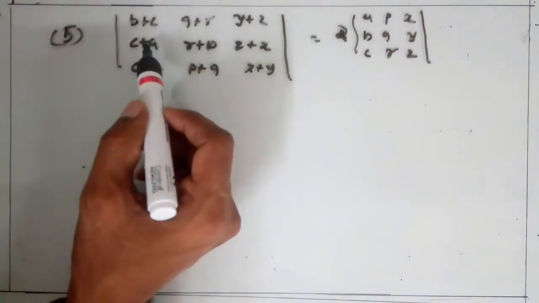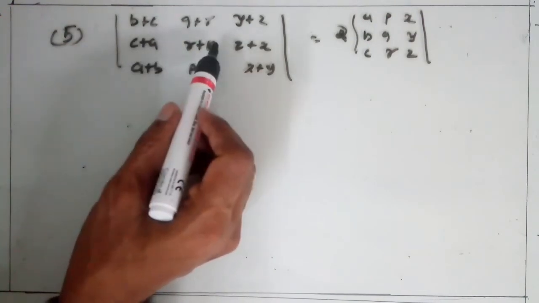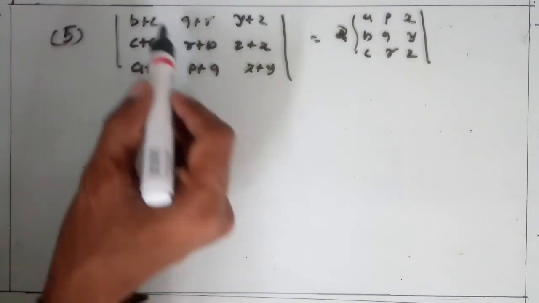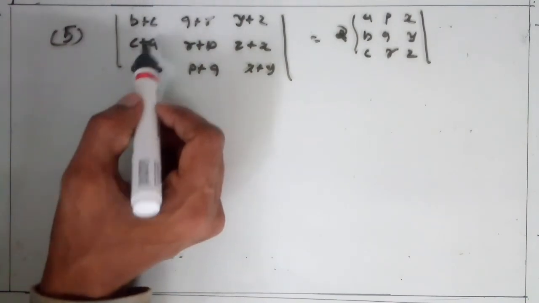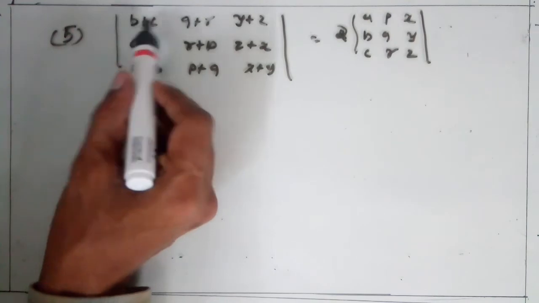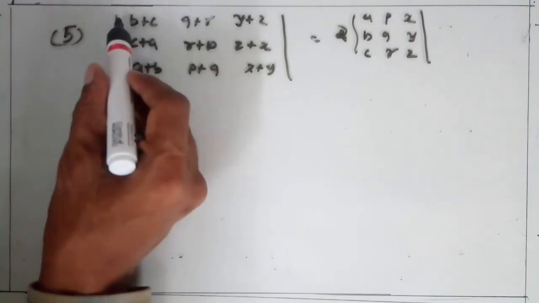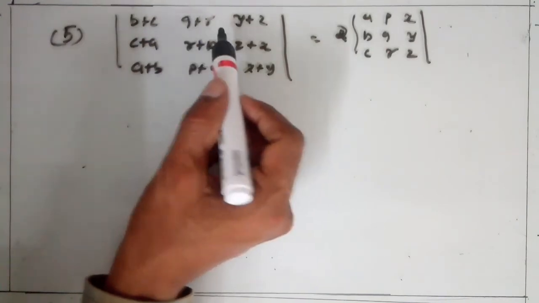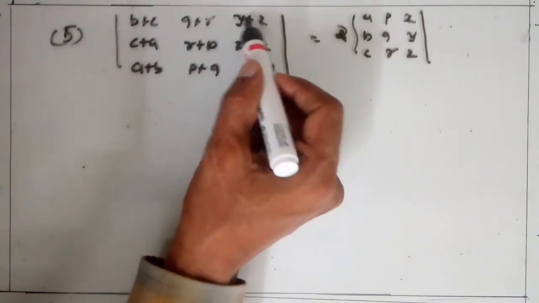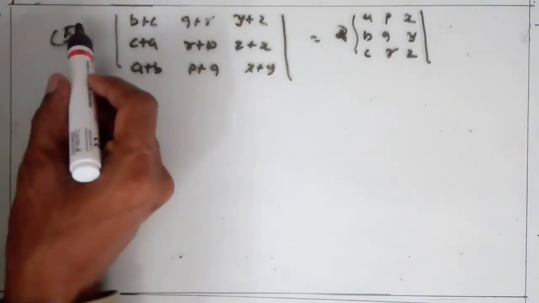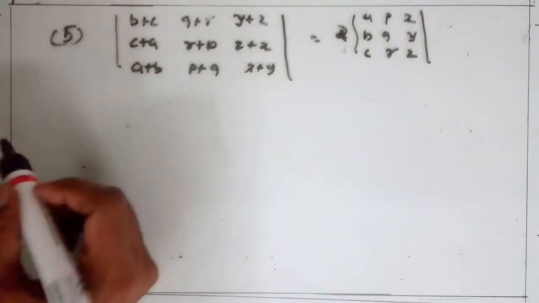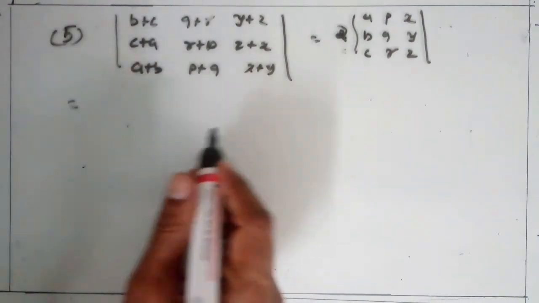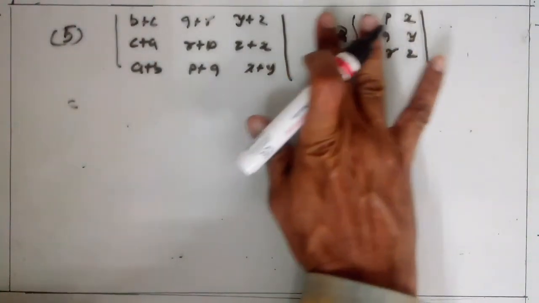So if we multiply the second row by 1 and add it in the first, and the third row by 1 and add it in the first, here we get A plus A to A, B plus B to B, C plus C to C. That is 2 times A plus B plus C. Here same, we get 2 times P, Q, R. Here we get 2 times X, Y, Z. Clear? Then taking common 2, we get the first terms. So here the value of this determinant is equal to